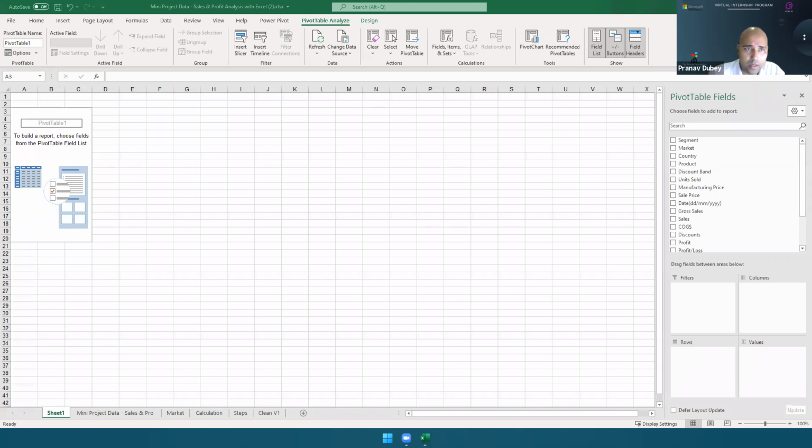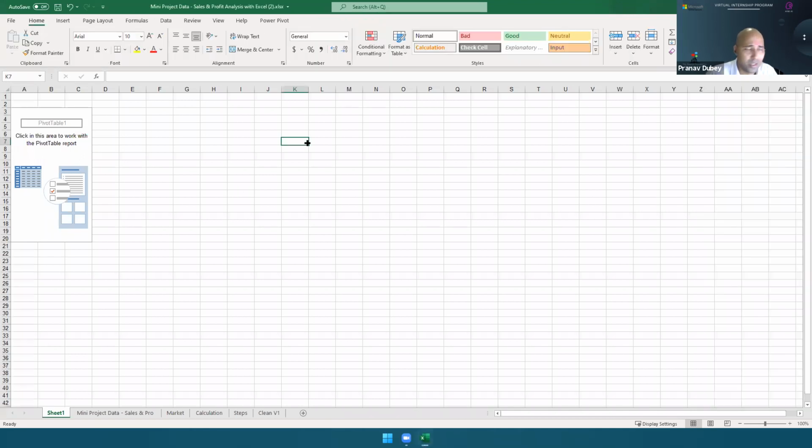Okay, done. Okay, great. Now you remember in our previous quiz, there was a question that which of these doesn't belong to pivot table fields. So on the right side here, we have pivot table fields, and you see we have filters, columns, rows, and values. The incorrect answer was table. So in pivot table, we do not have a field called table. And this area, you see, this area is our pivot table. If I click outside, it's nothing.